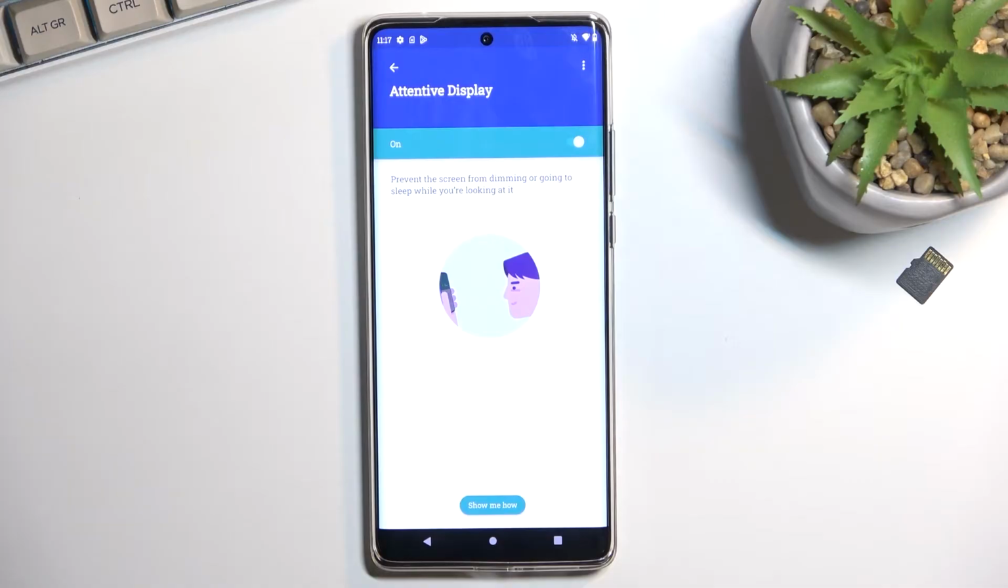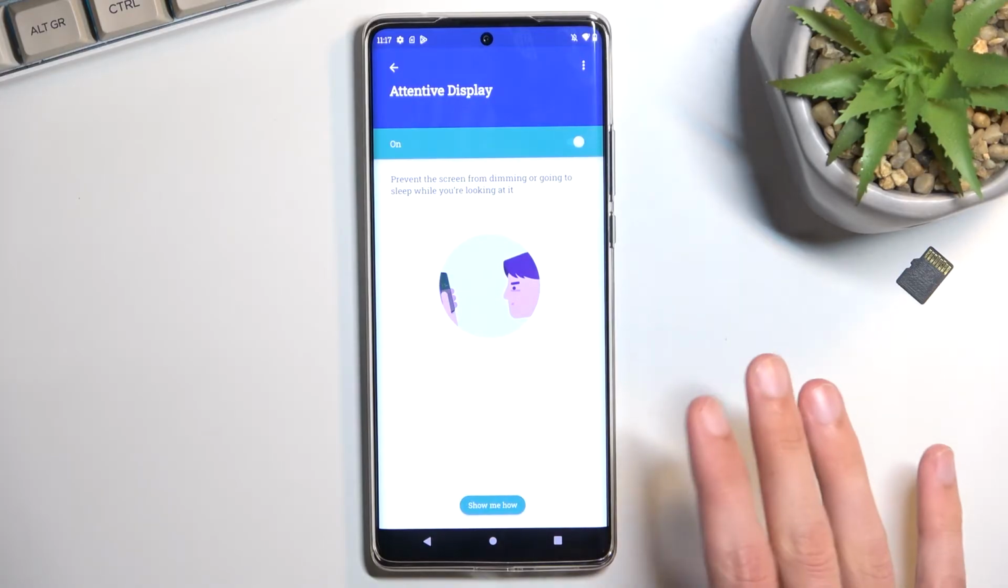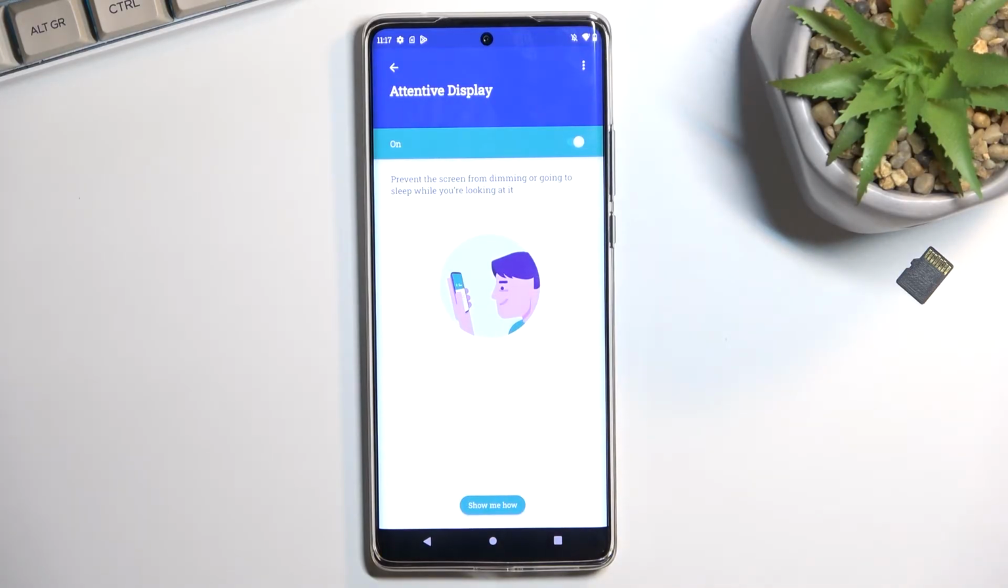If it is, it's not going to dim out the screen, no matter what the timeout of the screen is. As long as it detects that someone is looking at it, it's going to continue to keep it on. The moment you put it down, not looking at it, it will start the countdown. So whatever the countdown is, it will start it, and afterwards it's going to lock the display as it would